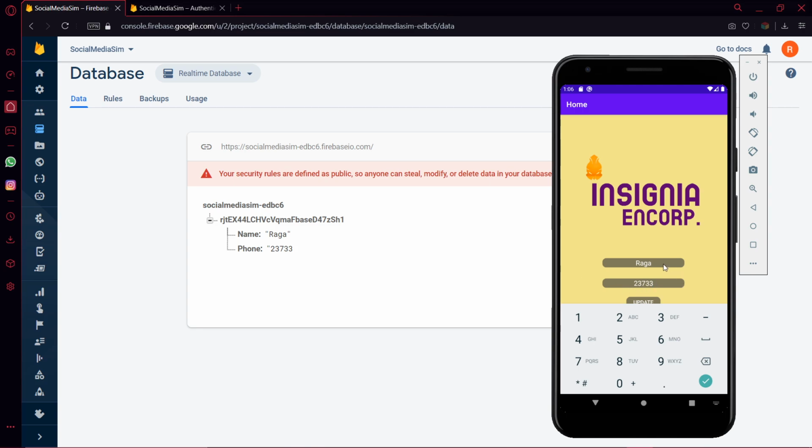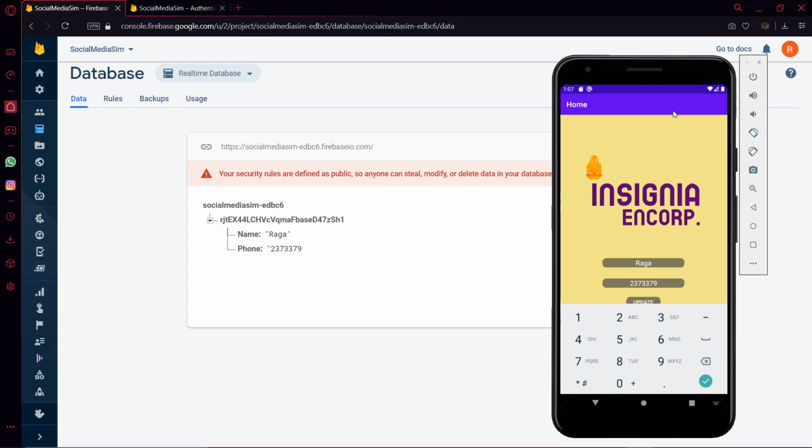So if I put something else over here, what basically happens is it will overwrite the existing child nodes. It will overwrite the value on the existing child nodes. So that is what basically Firebase does. But we do not want that to happen. So once the user sets data of this sort, when the first time I am setting data of this sort, I want this data to be retained every time. So for that, what should I do?